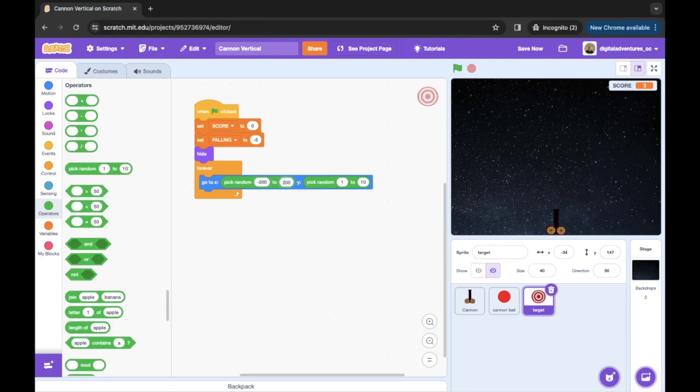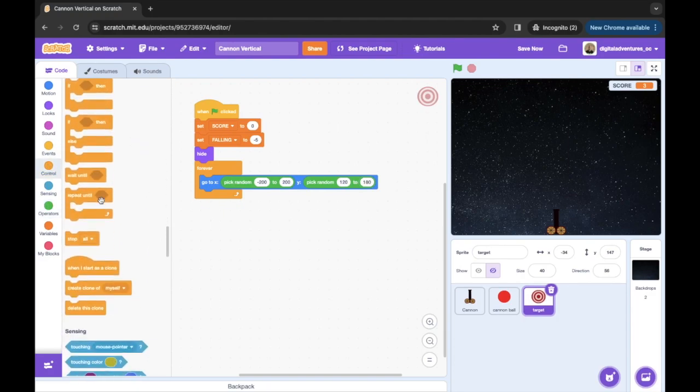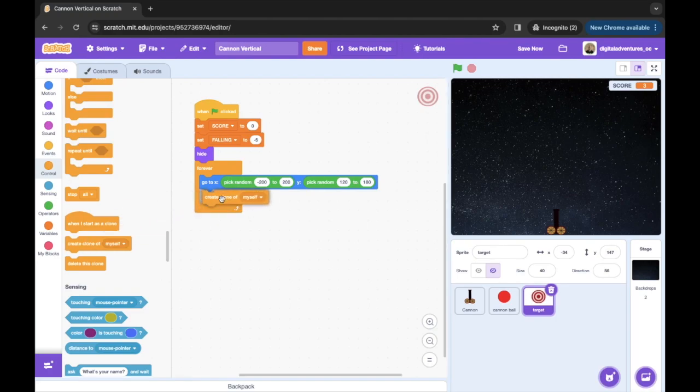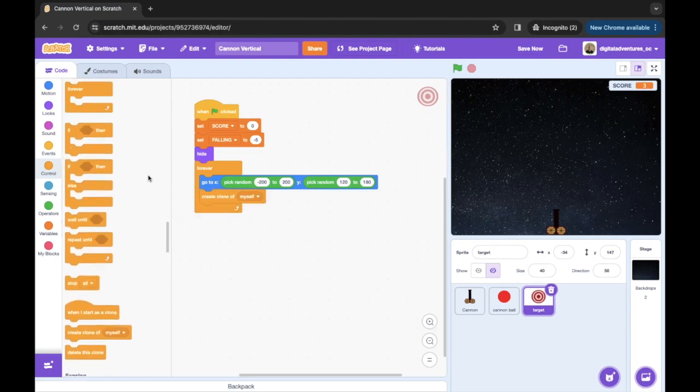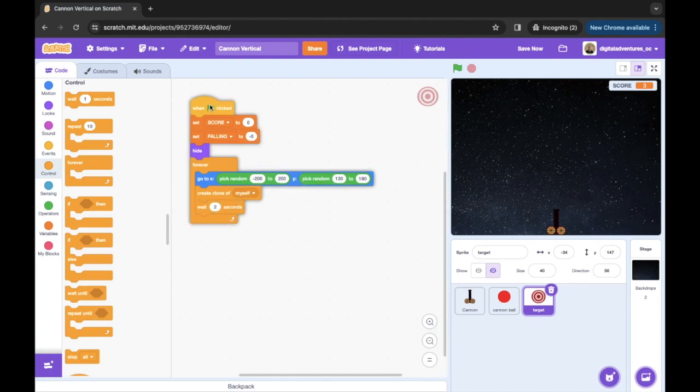And that's going to give us a nice left to right effect. And then what we're going to do is we're going to do a Y between 120 and 180. That's going to allow us to start off at the top of the screen. And then what we're going to do is we're going to create a clone of ourselves. And what we want to do is we want to create this clone every 2 seconds. We can obviously change this later, but for now, this is going to give us a nice falling effect for